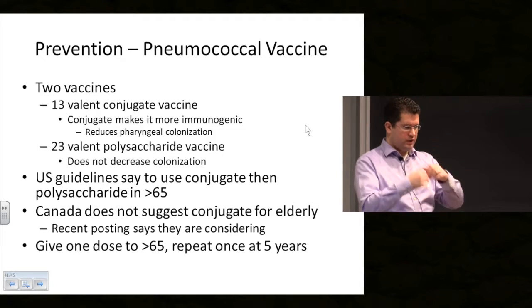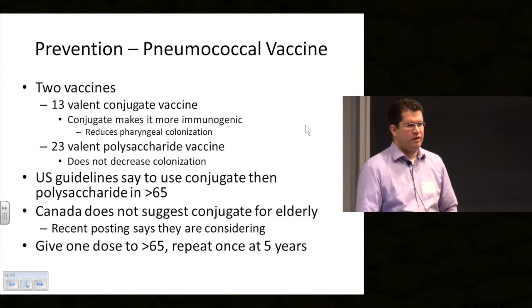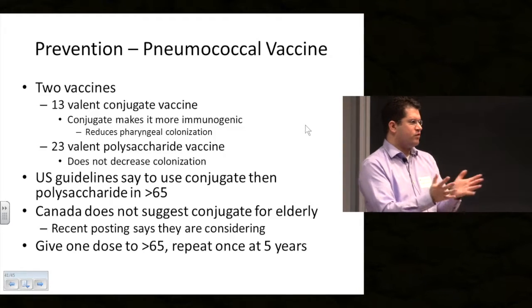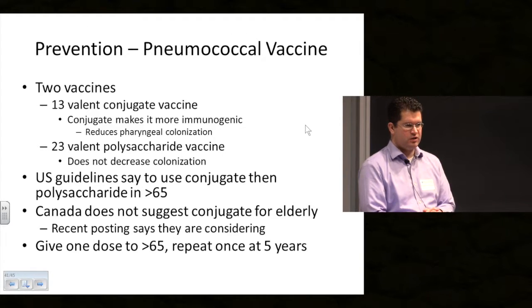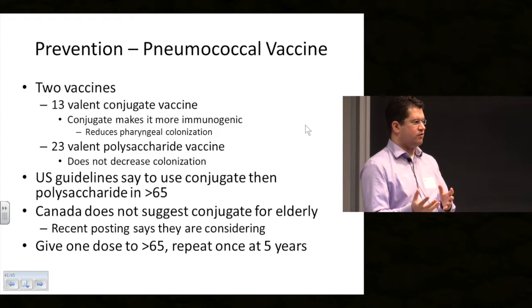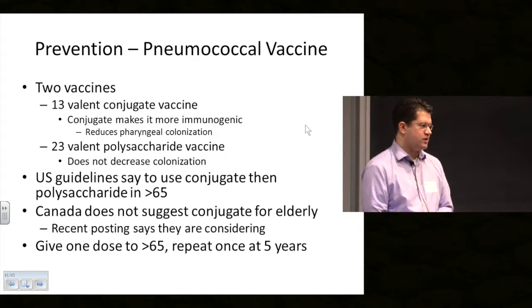Yeah. But it's not a blanket statement that everyone gets this yet. But it will be in the next year. But it's an interesting question. If you have a 70-year-old who's had the polysaccharide vaccination and they're due for the next polysaccharide, should you give them conjugate? And then I'm sure there will be recommendations as to exactly what to do with that algorithm, but